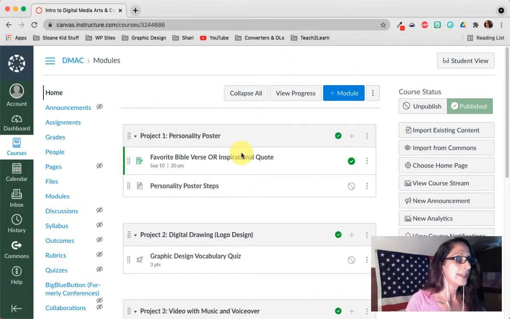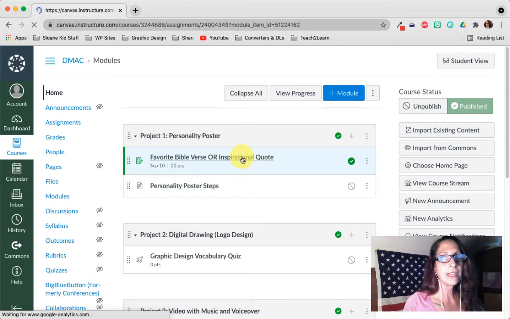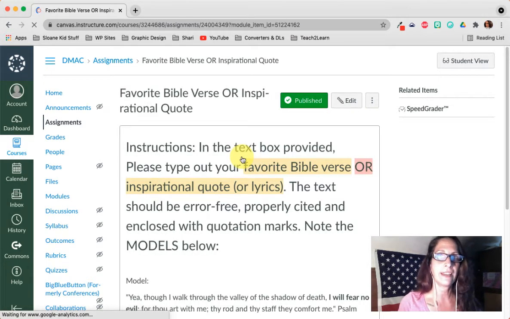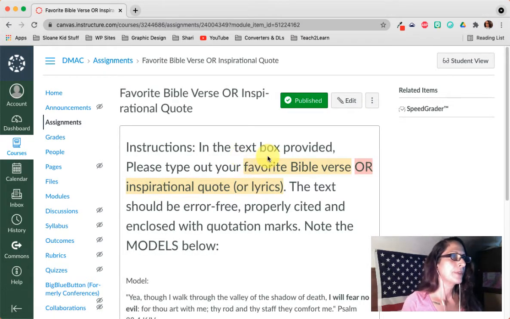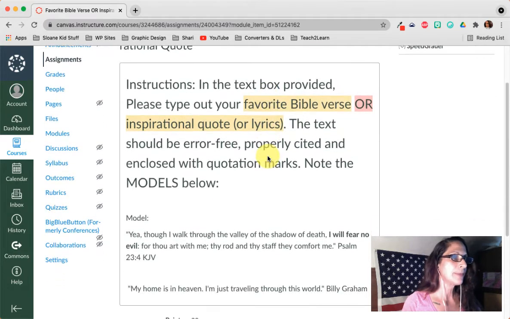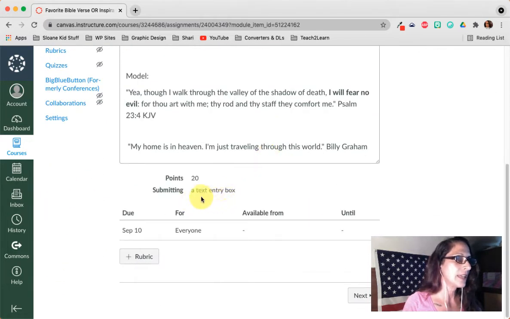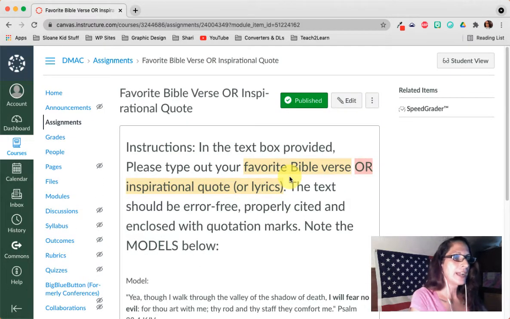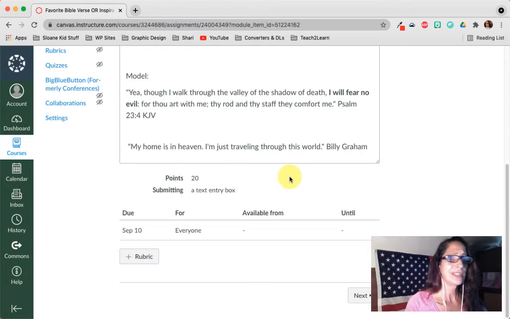I'm going to go into my assignment, and I want to read the assignment to you so you understand how I'm making my rubric. All right. Instructions. In the text box provided, and by the way, you'll see that I made them a text box entry. In the text box provided, please type out your favorite Bible verse or inspirational quote or lyrics. The text should be error-free, properly cited, and enclosed with quotation marks. So I have 3 criteria,